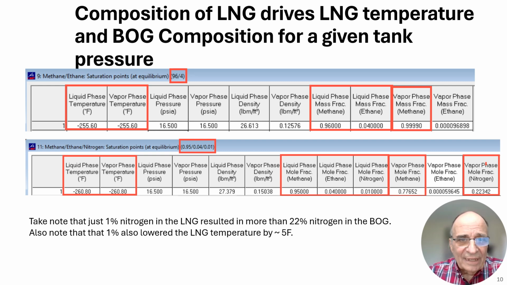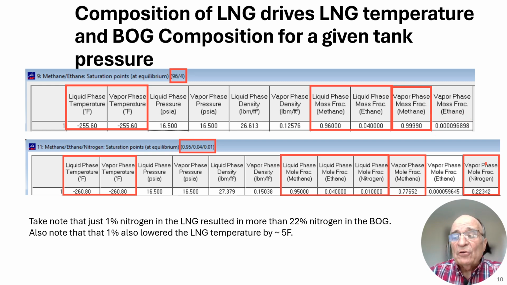Here we're taking a look at a mixture of 96 molar percent methane and 4 molar percent ethane LNG. So only two components in this LNG, 96% methane, 4% ethane. Here's our liquid phase, we have 96% methane, 4% ethane. Let's take a look at what happens in our vapor phase, the boil off. The boil off is 99.99% methane, and yes, there's a trace or a small amount of ethane, and that's because preferentially the methane boils